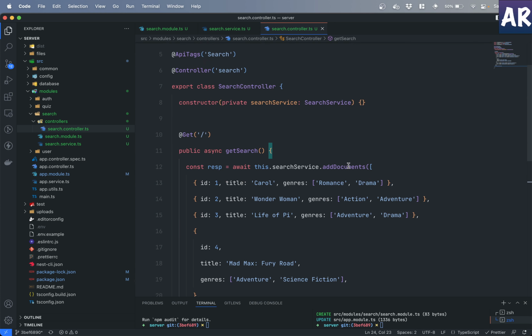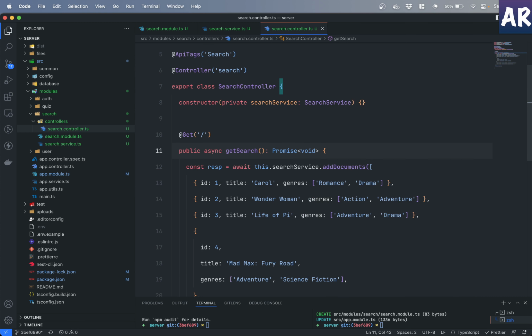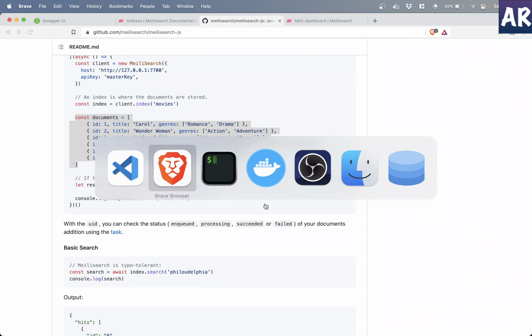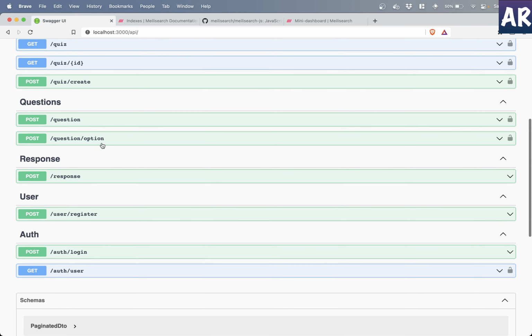What do we get over here? Okay, it's a promise, so maybe we will do something like promise, but then is there a void? Yes, there is, because we are not returning anything, so that's fine. Okay, and now it's time to go to our browser, go to Swagger, and see if we get our search,